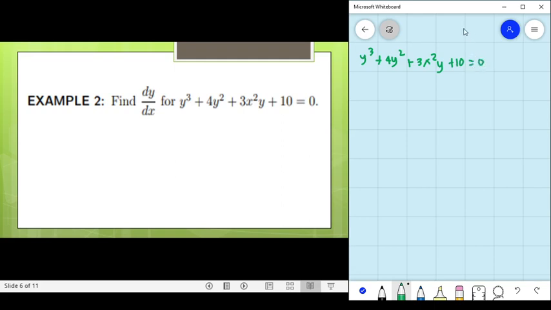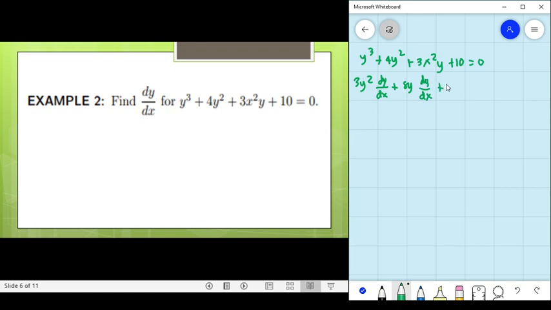So getting the derivative, we have the derivative of y cubed, which is 3y squared, then put dy over dx, plus here is 8y dy over dx